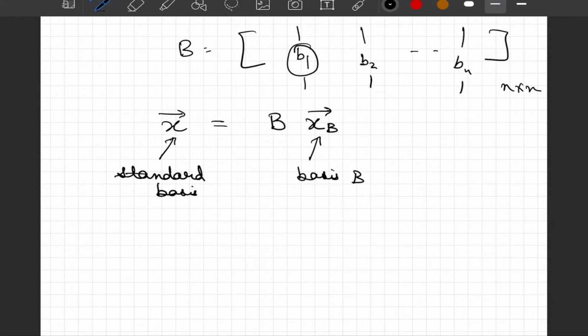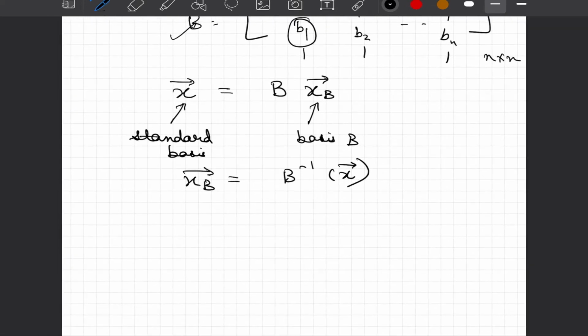One thing is clear here: as long as we know this B matrix, and if B is invertible, we can say that xB is B inverse x, and we can always go back and forth and keep changing this basis. However, the bigger question here is what is going to happen to A and A tilde. Similarly, if we multiply x by A, Ax becomes the transformed x when multiplied by the linear mapping represented by matrix A.